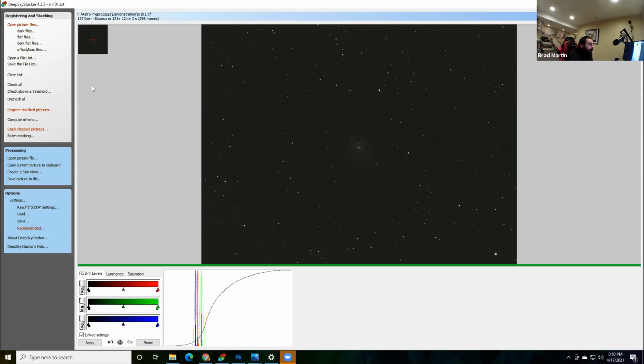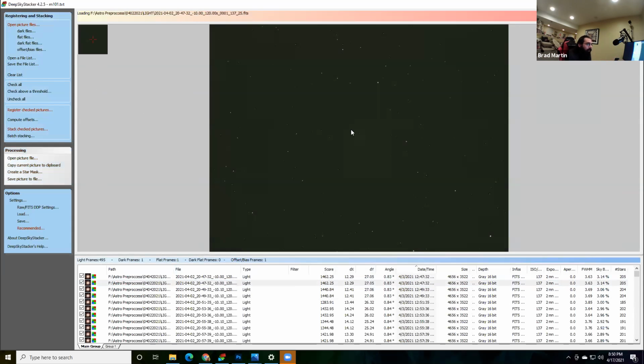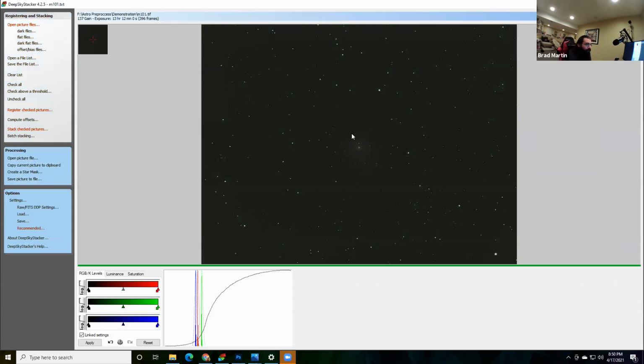If we go back to my file list, you can see the difference. You look at this and say, well, that doesn't look like much. But if we look at what it looked like in the original files, this is a single unstacked exposure, and you can't really see anything. At least in my picture file here, we can start to maybe imagine a spiral design in there. And that's actually what I like about this: it's more like what you would see through the eyepiece than any finished astrophotography that you're ever going to see.